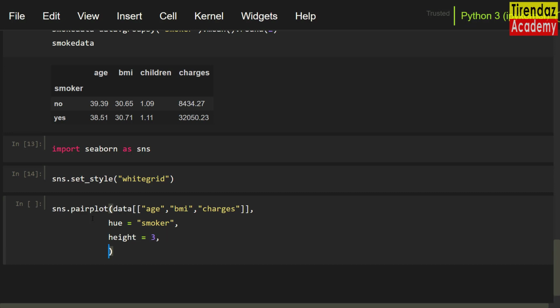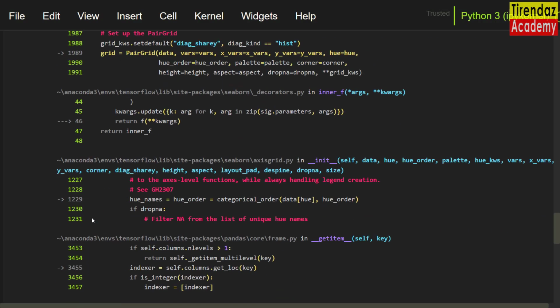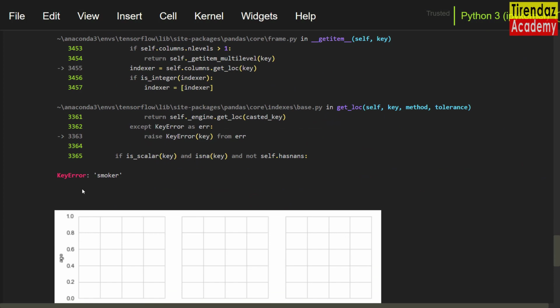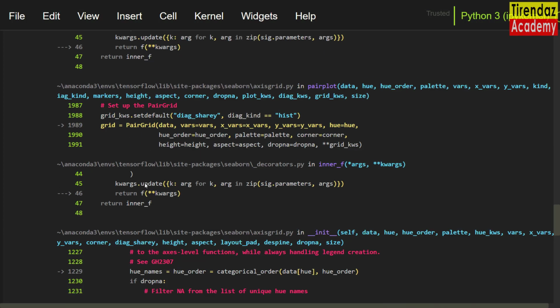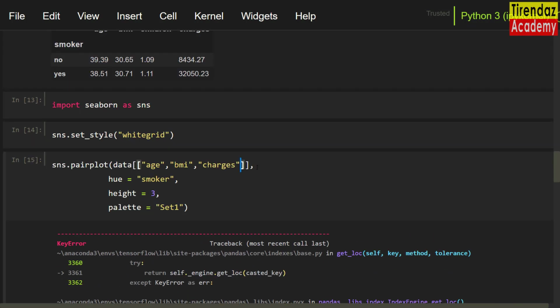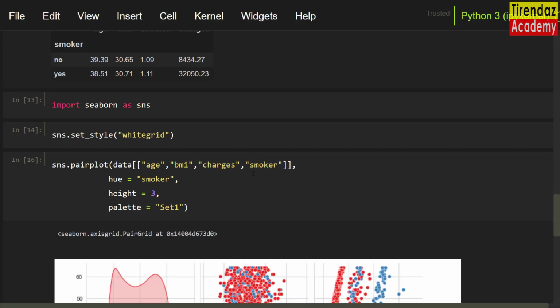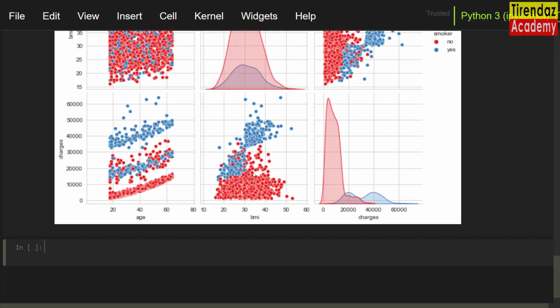For palette argument, let me write Set1. I got an error. Error is about smoker. Let me set smoker. I'm gonna run again this cell.